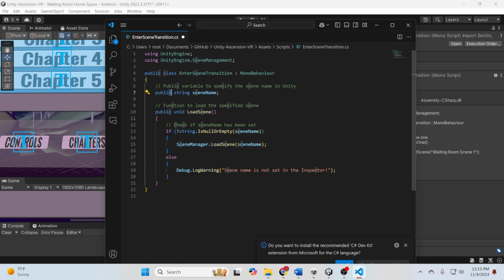It says public string scene name, so this is giving me a variable to work with in Unity here. It's still enter scene transition, so instead of that I'm just going to put scene transition, and I'll rename the script as well. So it'll load scene, it'll check what the scene name is, and it'll give me a debug log warning saying scene name is not set in the inspector if I wrote something incorrectly. So I'm going to save that,